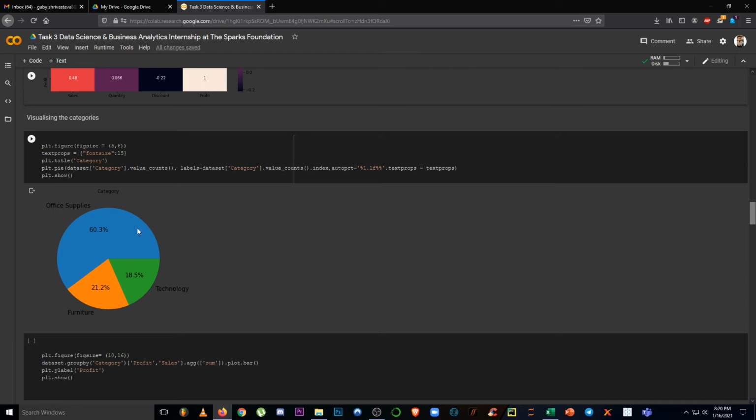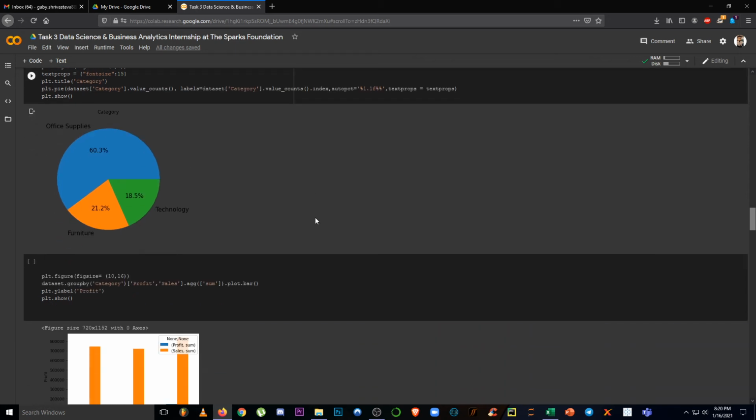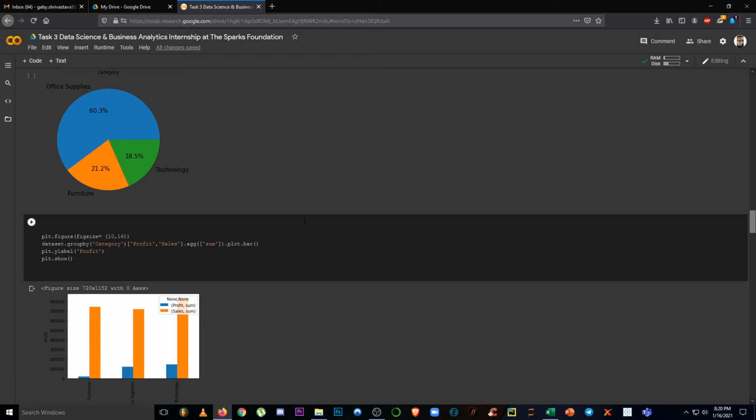We want to draw a bar graph from our data set, which tells us how much profit we are getting by selling the products of these different categories. For that we are using the group by function, and we are drawing this with the help of our matplotlib library.